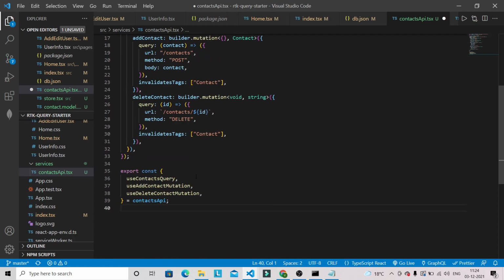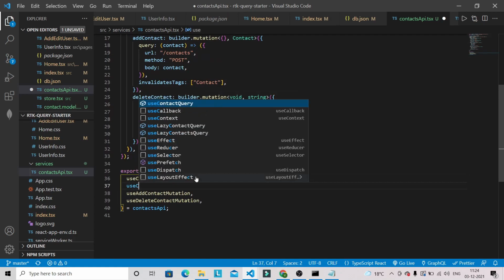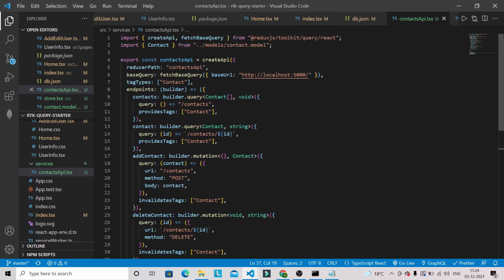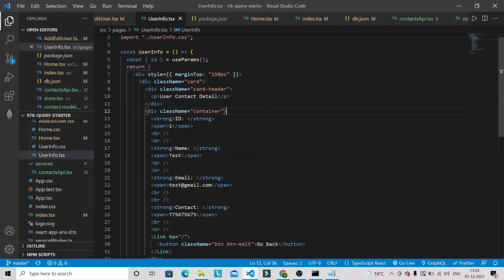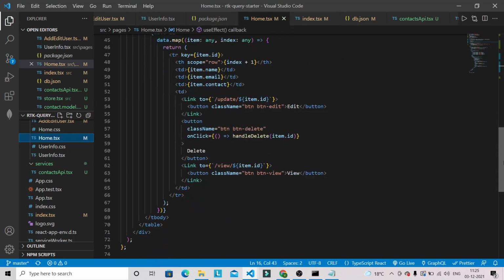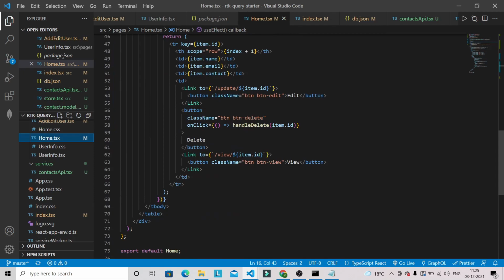So this will be like use contact query. Okay, and now we can use this query in our userinfo.tsx file. So let's go into this file, and you can see that in home.tsx, on the view button, we are providing the id along with this route.